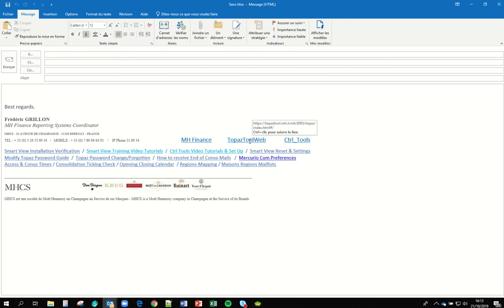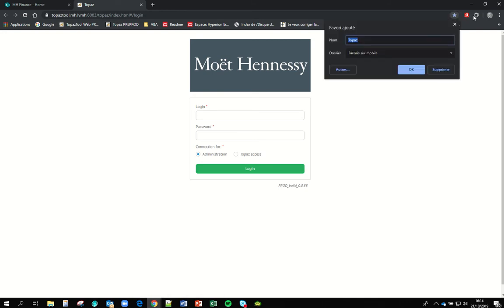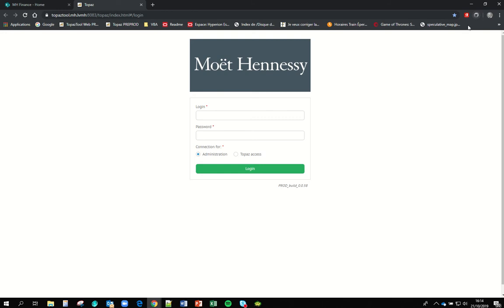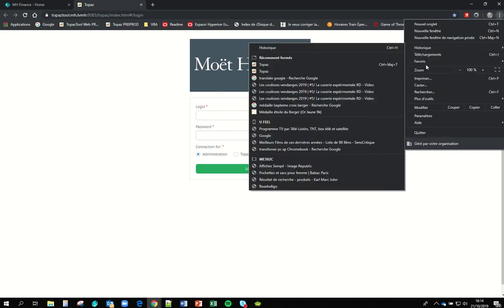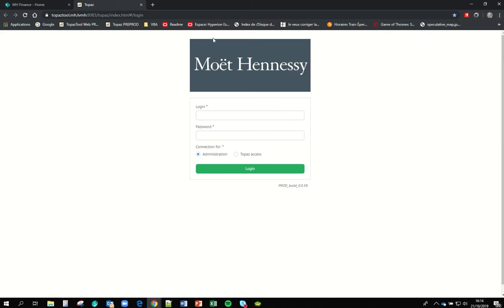If I do a control click on the link, I get a connection in my browser. Here it's Chrome, and I can also have it in my favorites. TopazTool production. And I arrive on this login